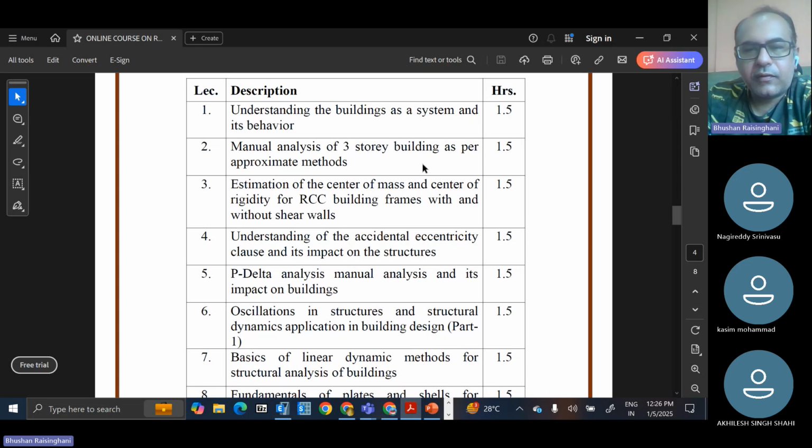So over 3 months, offline and online, we are trying to solve a particular problem for high-rise RCC buildings to whatever depth you are comfortable with. Okay, you may want to do non-linear analysis, linear analysis, manual methods, or, let's say, IS code standards. Your efforts have to be on the higher side, because we have gone through all these details in my last 15-16 years. And based on that, what I can say is you have to